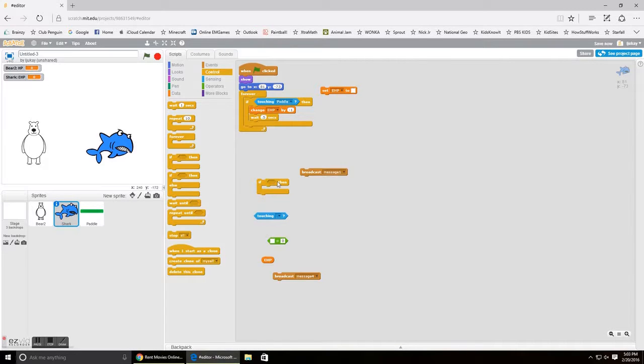Next, we're going to say if touching bear. Here's another way you can do this. So forever, if touching bear 2. Oh, well, I was going to do that, but never mind. It's not going to work anymore. So anyways,